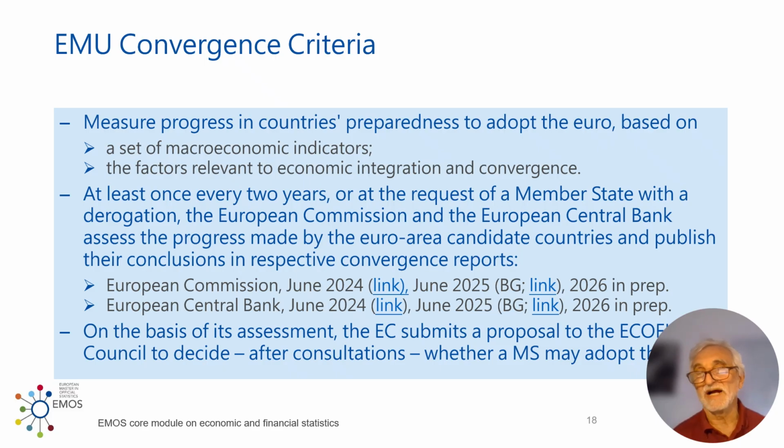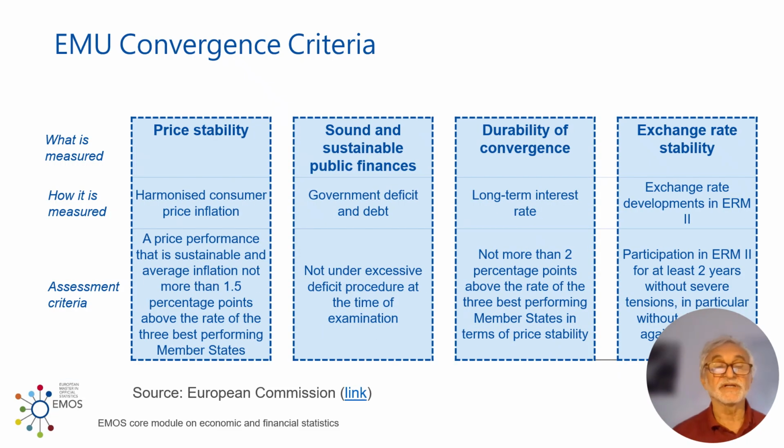So you can imagine how important here again the question of the quality of the data, the reliability of the data, the comparability of the data is, because it decides on whether you can join the euro area or not. And there have been cases in the past where a country was not able to join the euro area at that time when it first wanted, because one of the indicators showed that it had not sustainably achieved what is being required. Now, more concretely, without going into the details, there are 4 big areas of convergence criteria.